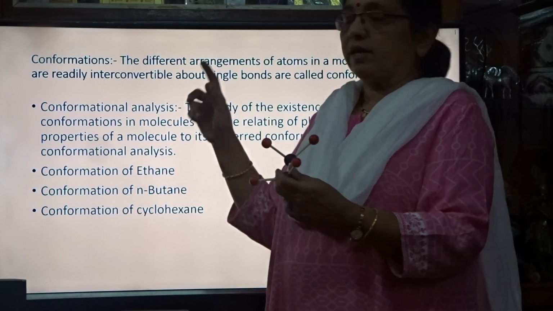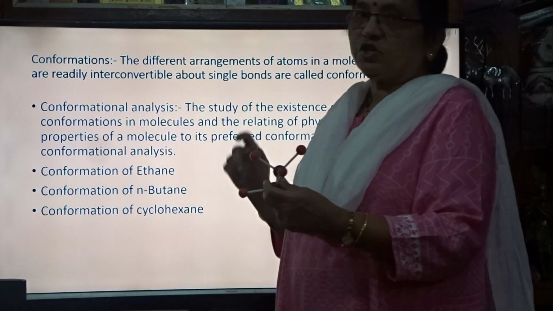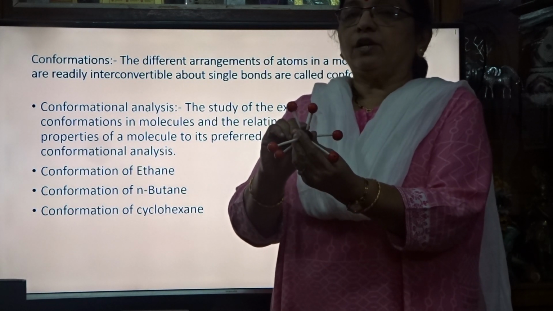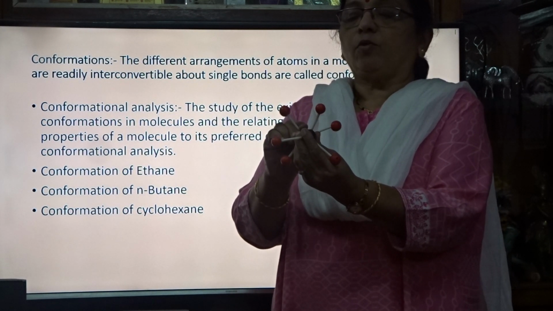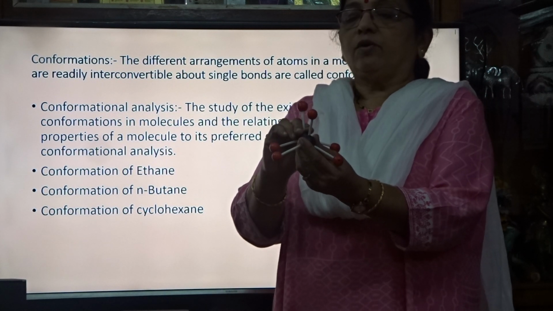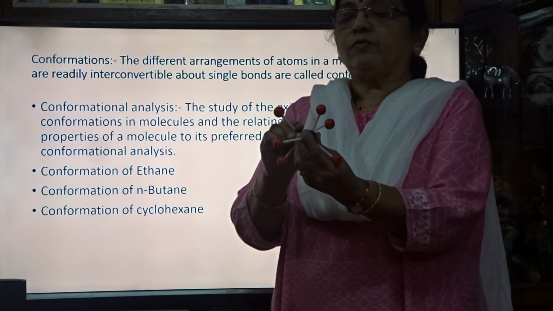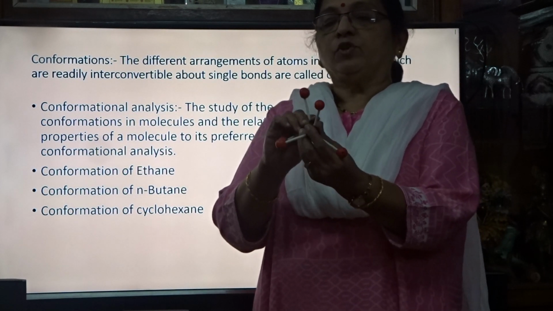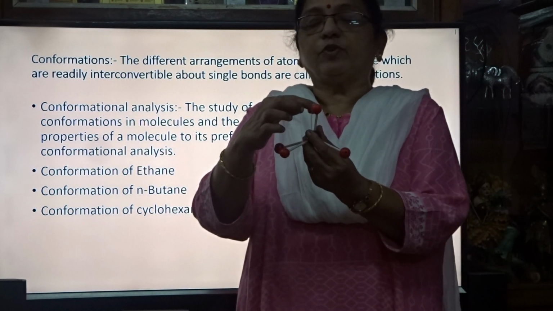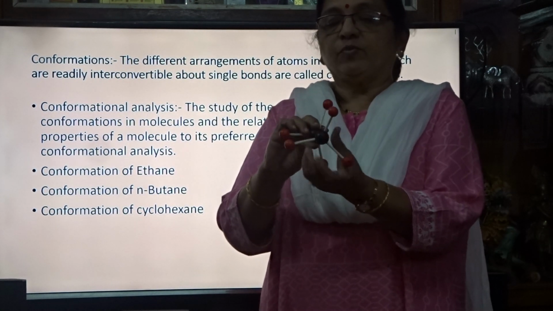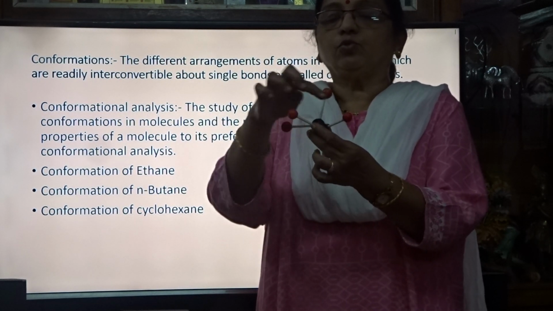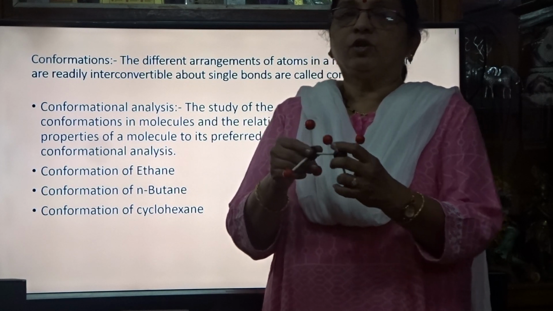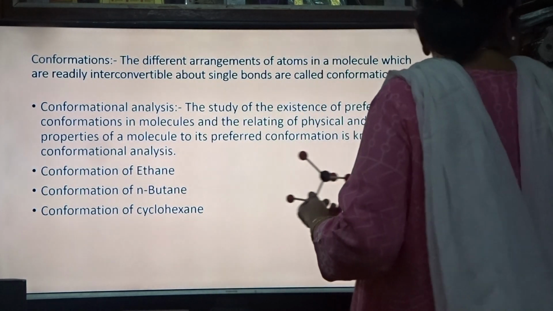Discussing all the physical and chemical properties is known as conformational analysis. So we get different interconverted conformations when rotating through 1 degree, 1 degree, 1 degree. If you go on rotating, we get innumerable, infinite positions. When it is exactly one behind the other, this is known as eclipsed. When it is in between, it is known as staggered, then eclipsed, then staggered. One by one we study these conformations.